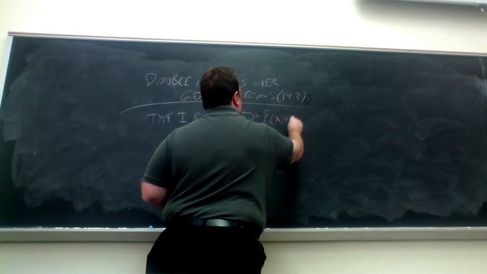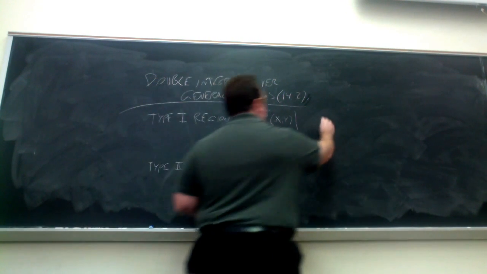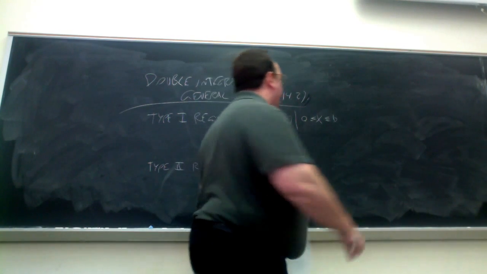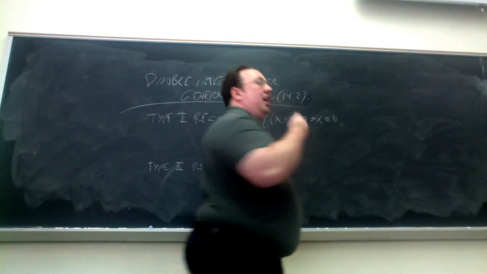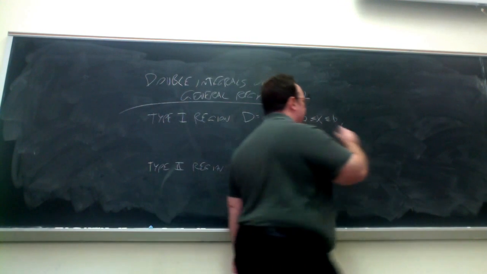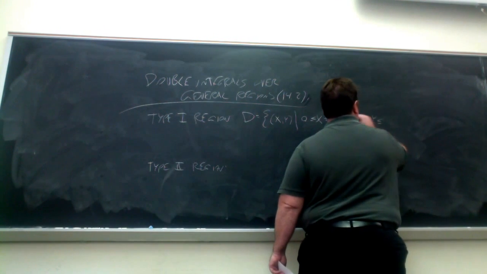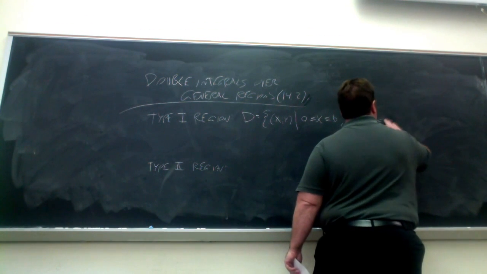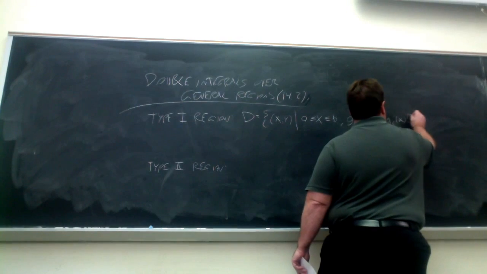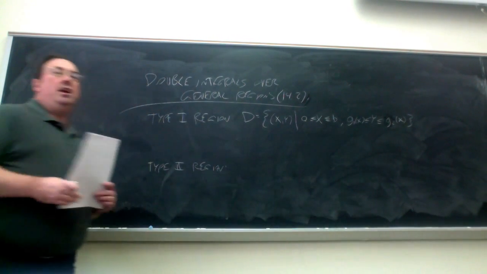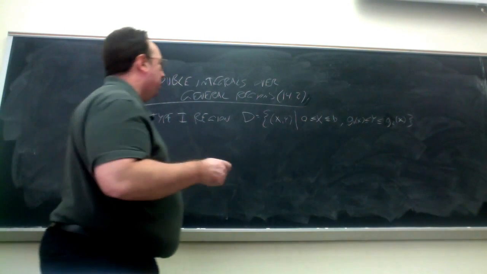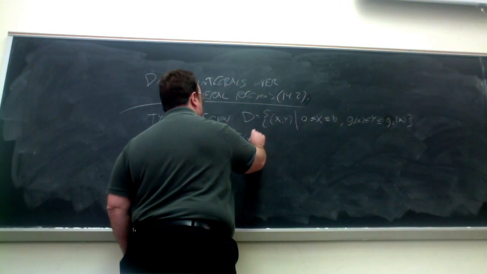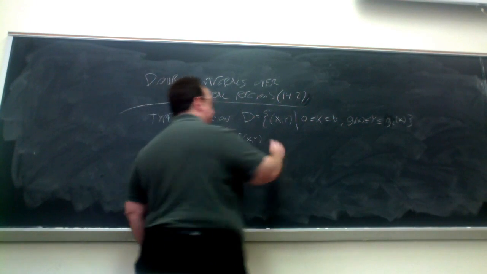So if it's type 1, it's all points where x is between a and b, so at least x has constant limits, and then y is bounded above and below by functions of x. If you're able to describe a region as being of type 1, then the integral over that region